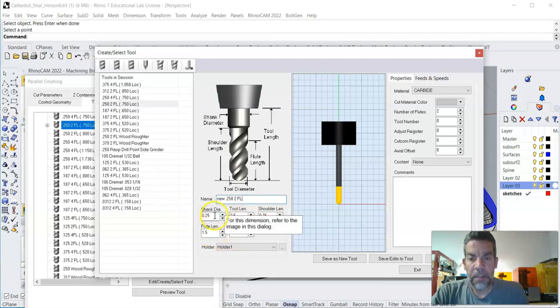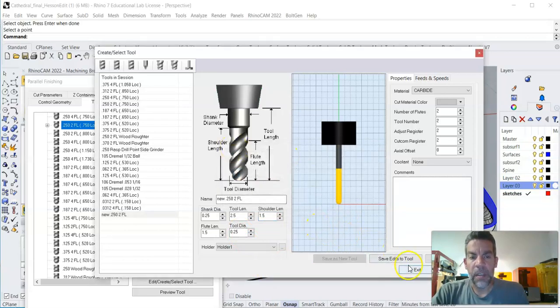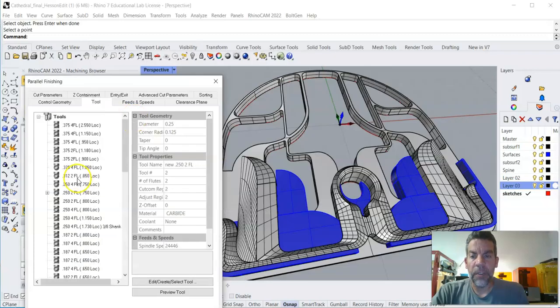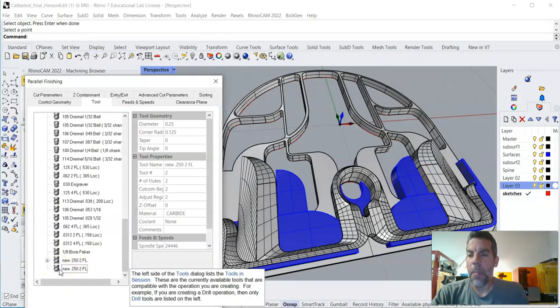And shank diameter, tool length. We've got 2.5. Shoulder length, let's make that 1.5. Tool diameter, save as new tool. We'll say yes, and then we will exit. And now if I regenerate that with our new ball,